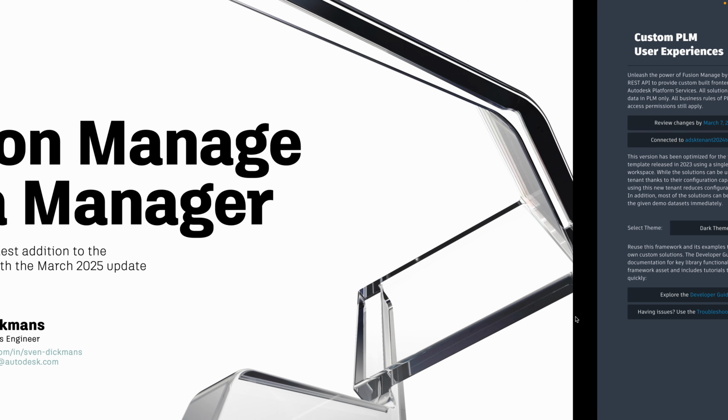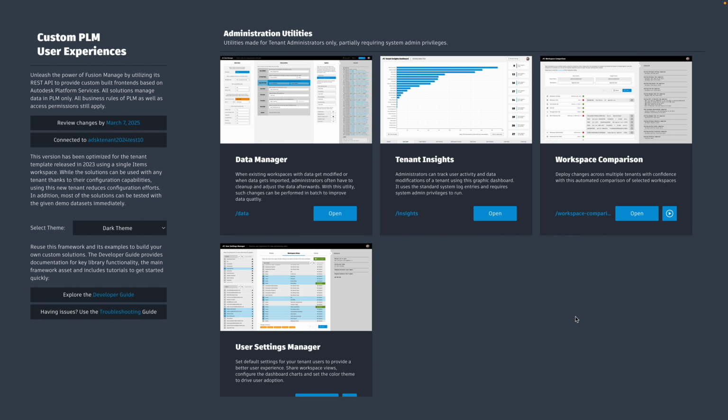So if you download the UX extensions after March or starting with March 2025 and you open the landing page, you will notice that the administration utilities now have a new utility at the beginning of the list, which is the Data Manager. You can open up the Data Manager by using the data endpoint, but let's have a look